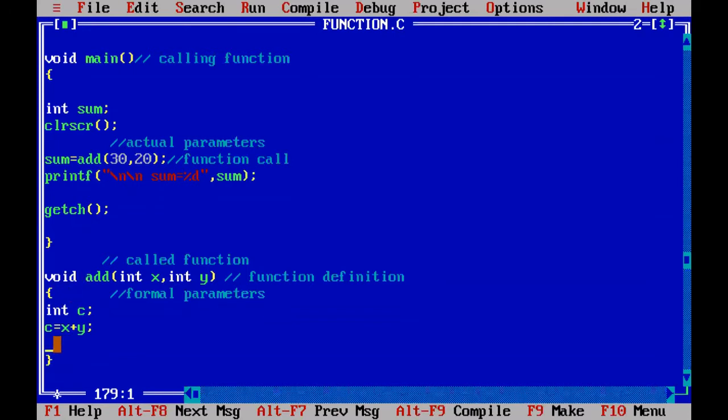If you don't return the value to the calling function here, the addition of two numbers, 50, is not returned to the sum, then writing this line is also meaningless, because we are not returning any value. The sum of x plus y, we are not returning to this calling statement. Earlier returning was possible, so the called function returned that value, sum of x plus y. Here we would store it into sum and we are printing sum.